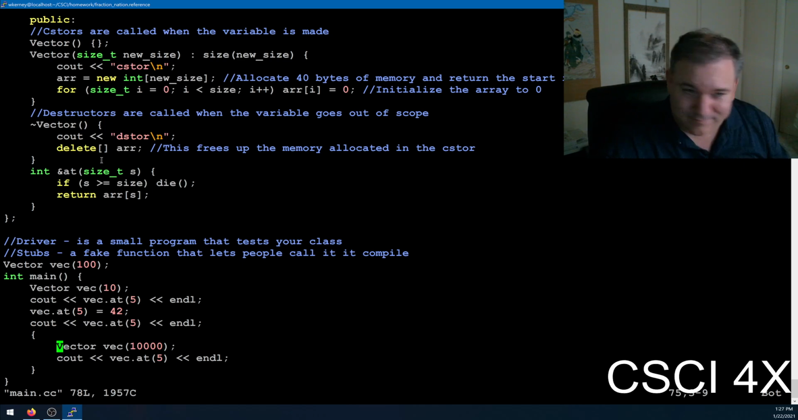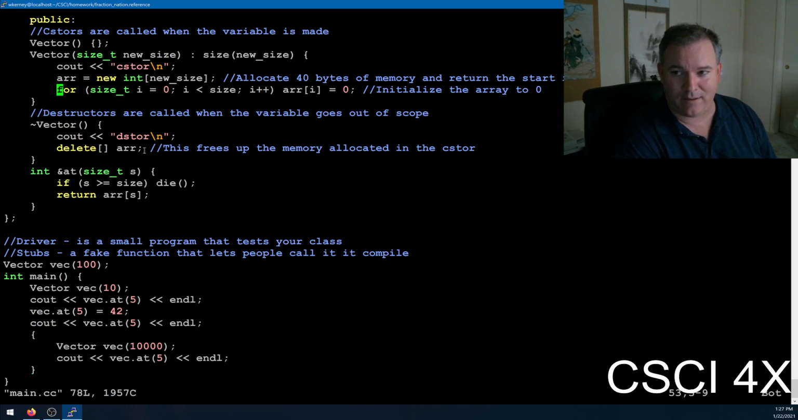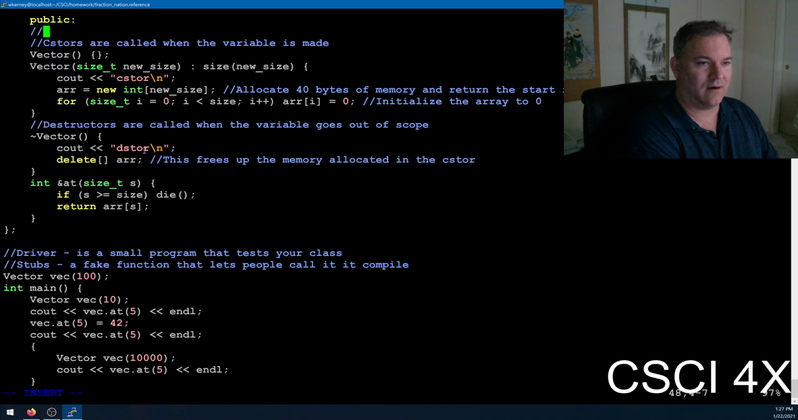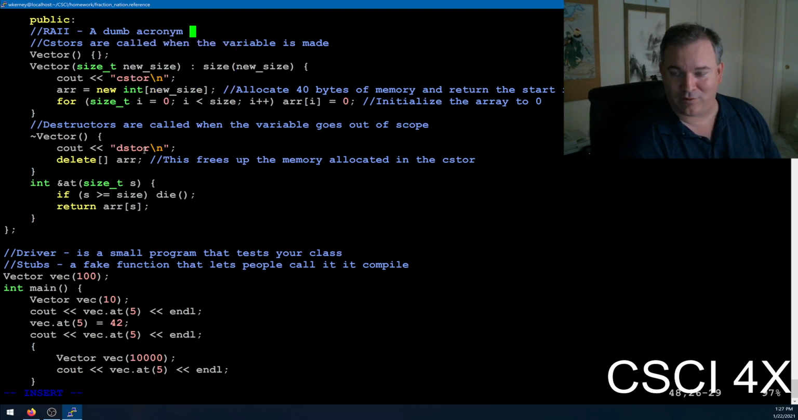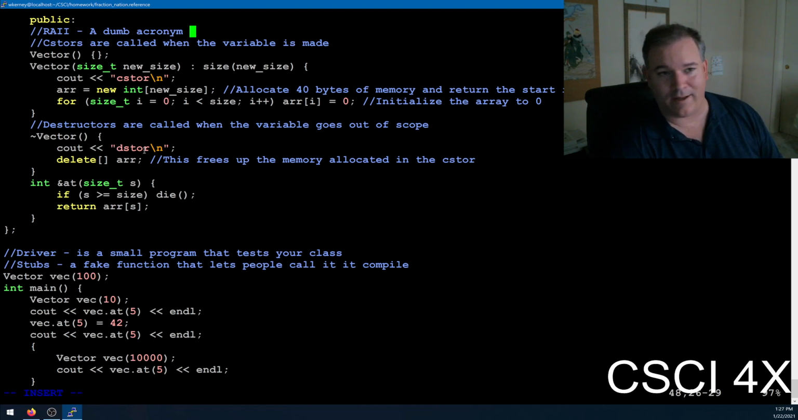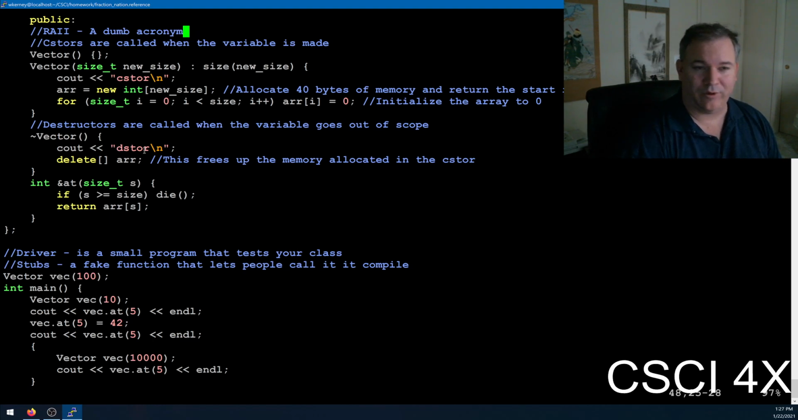Okay. So in C++, there is a concept called RAII, and people pronounce it different ways. It stands for resource acquisition is initialization, but it's a dumb acronym. So just call it RAII, and people will know what you're talking about. But what it means